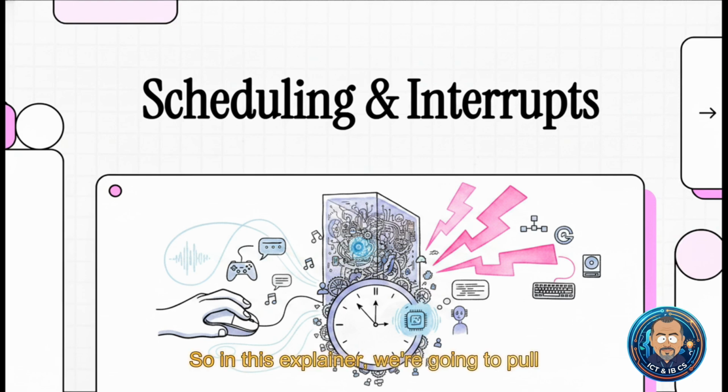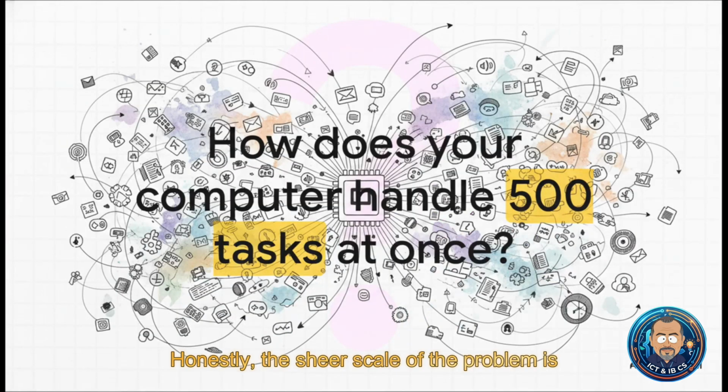So in this explainer, we're going to pull back the curtain. We're looking at the invisible magic that keeps your entire digital world running so smoothly, specifically CPU scheduling and hardware interrupts. Honestly, the sheer scale of the problem is just mind-boggling when you really think about it. How exactly does your machine handle hundreds of tasks at the exact same time without just completely freezing up or